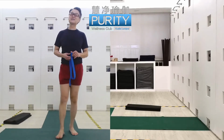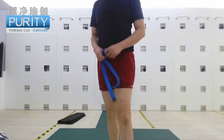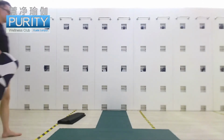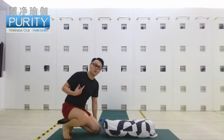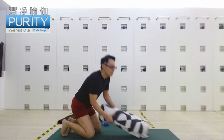We are going to do Chaturanga. We are going to go very slowly in different stages. Take a bolster. You might need your belt later on, we see how we go. Now, I won't go all the way down first, so you can actually see what's going on. Your bolster,